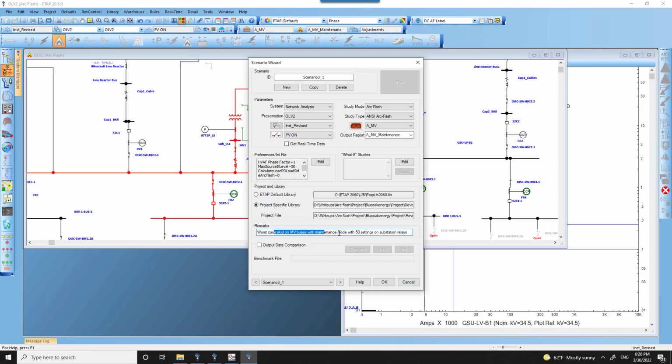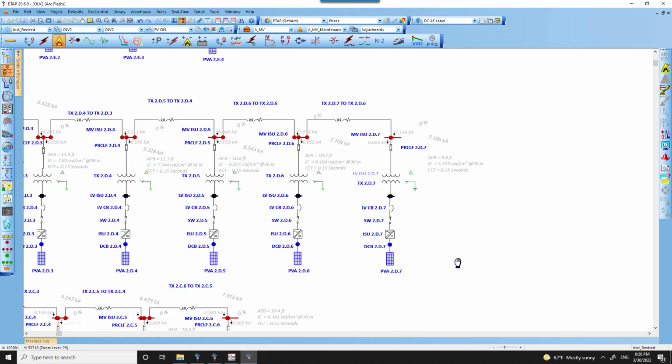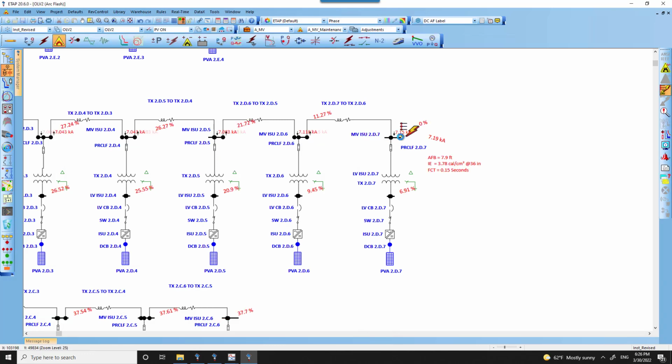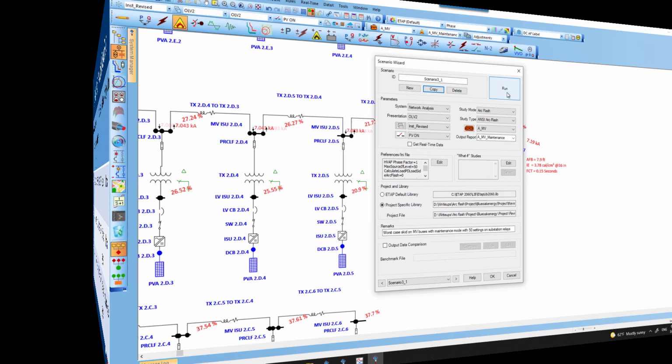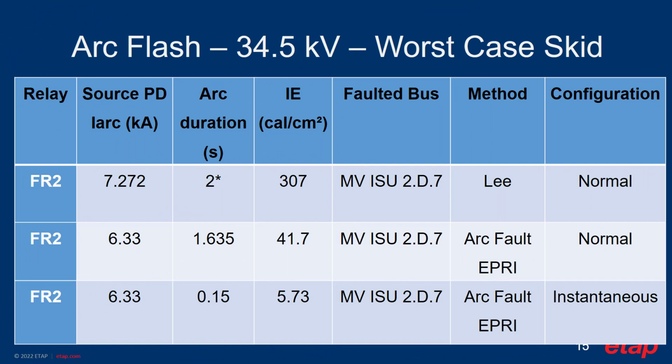And we had our remarks on our wizard that we could use the maintenance mode as a maintenance mode setting, which is none other than the instantaneous enabled, where we were able to bring it down to 5.725 calories per centimeter square, which turned out to be the same location, which was very high in terms of the final incident energy calculation. So the overall summary was tabulated in these results for illustration, where we did have the Lee method,